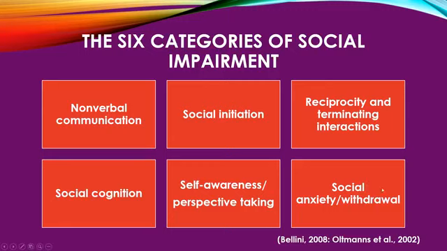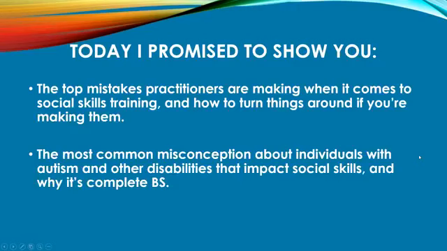And then finally, we've got social anxiety and withdrawal. This is a huge one that's overlooked. A lot of times, the ability to do all of these things is impacted by this anxiety and withdrawal. And that results from just the continued failure in those situations. And again, like I said, that self fulfilling prophecy. A lot of times, when there are issues with motivation and kids that seem like they don't care, it's just that they have been repeatedly frustrated in those situations. And so we've got to figure out how to mitigate those things as well.